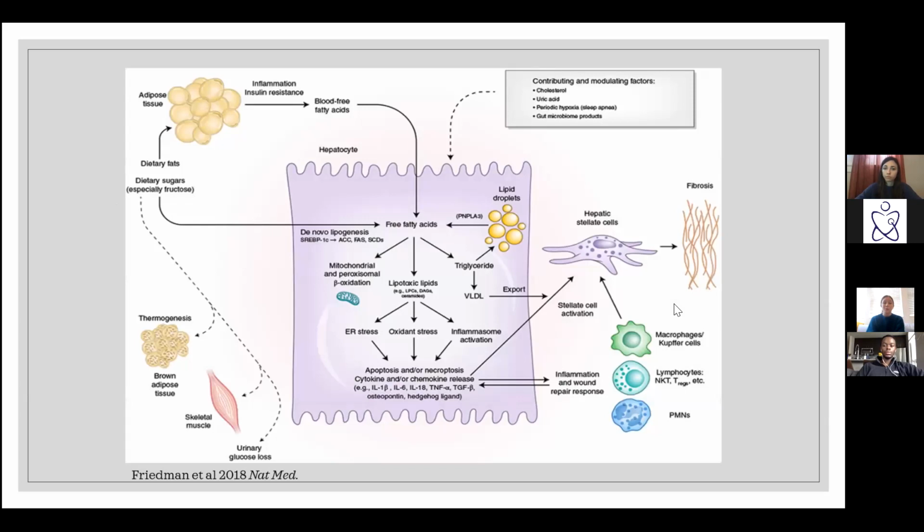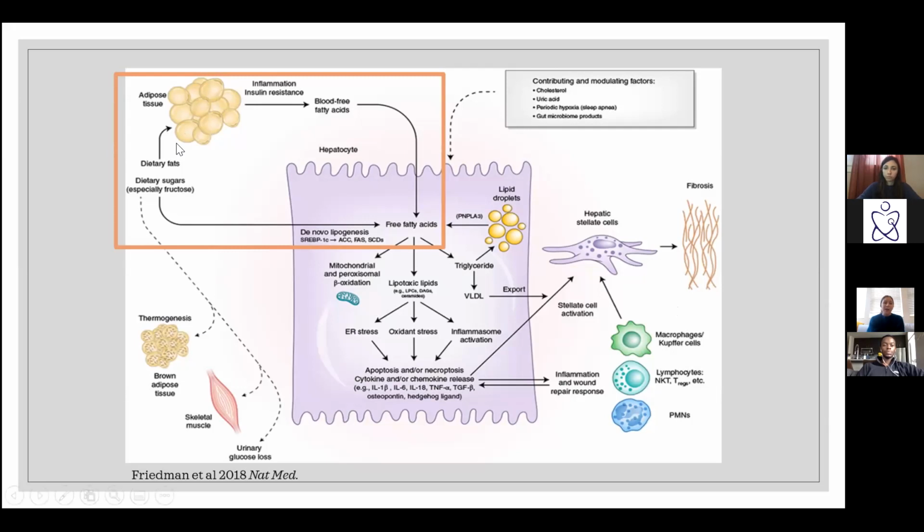And just to think a little bit about how this happens and why insulin resistance is such a driver of NAFLD and why this is becoming so prevalent in our population. This is a very busy slide from a nice review in Nature Medicine that is talking about the substrate overload theory of NAFLD, but we'll just focus on the left upper corner, which is really focusing on insulin resistance and how it drives NAFLD. There are three key things happening in this picture. And I don't know if you can see my mouse or not,